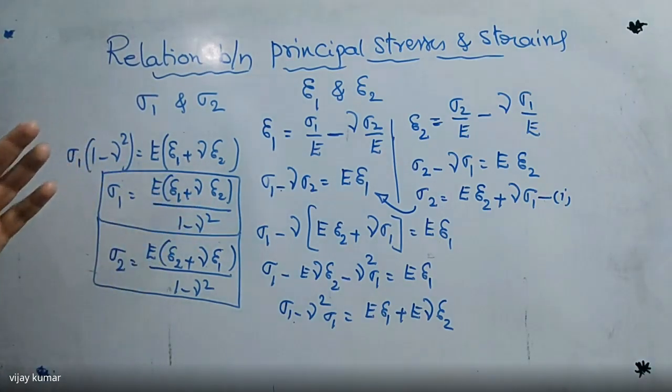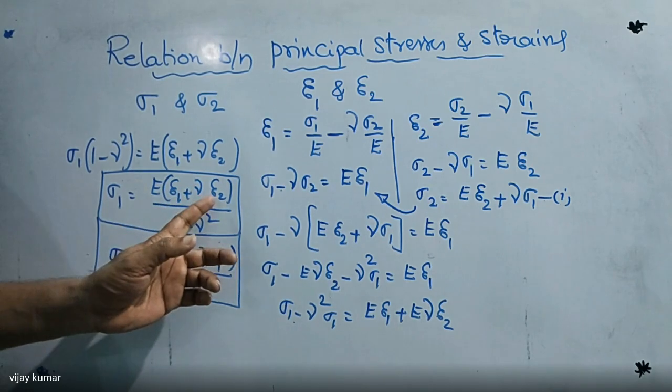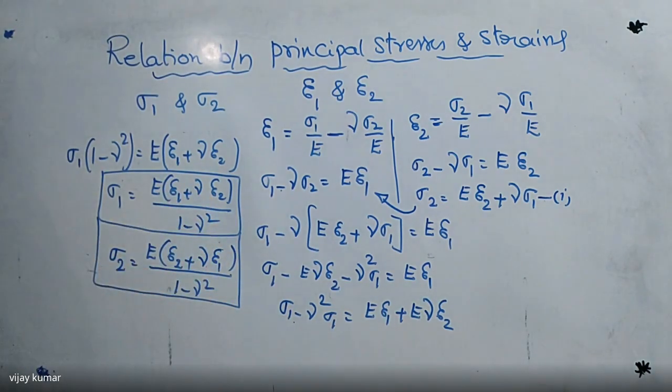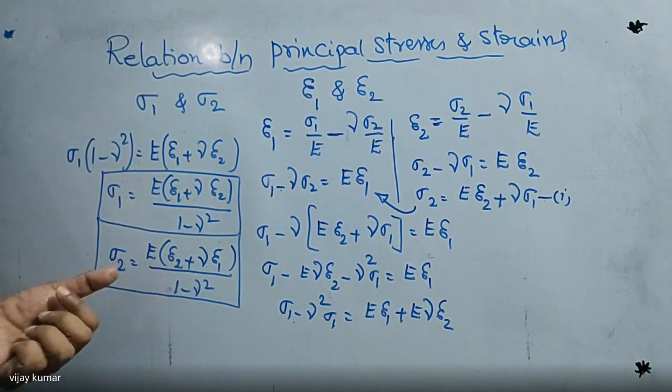So what I am telling you is, first of all, we are going to find epsilon 1 and epsilon 2 by using some devices. What are the devices I told you yesterday? Those devices are named as gauges. They are also named as strain gauges. So if you know how to calculate strain by using strain gauges, after that I'm going to substitute epsilon 1, epsilon 2 and Young modulus.